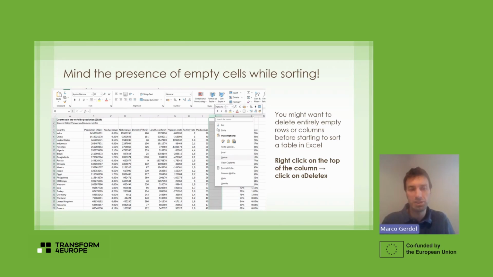So obviously, this is very important whenever you have very large tables. For smaller tables, this is not such a big issue, but sometimes it might happen that you have an empty row, empty cells that you're not fully aware of. So when you select your data, make sure that everything is selected. This is also very important for